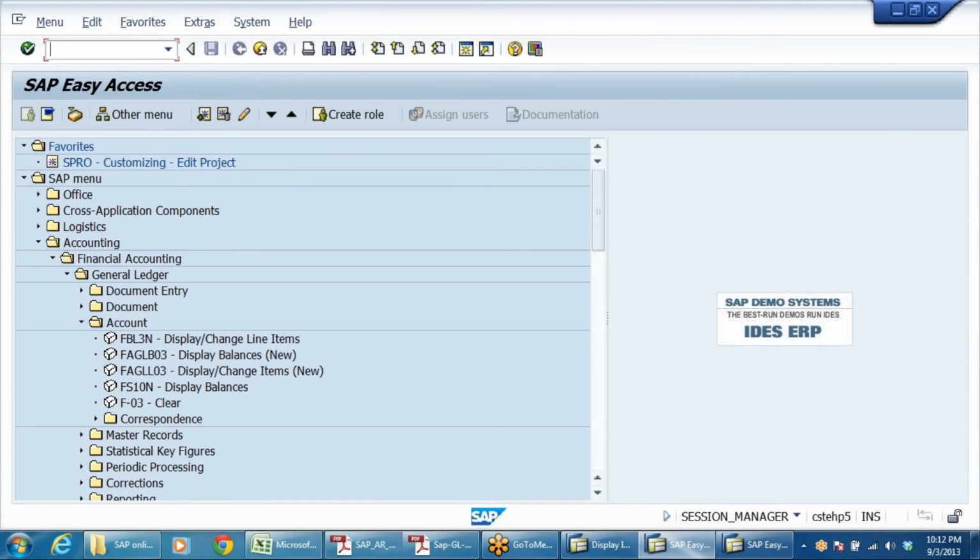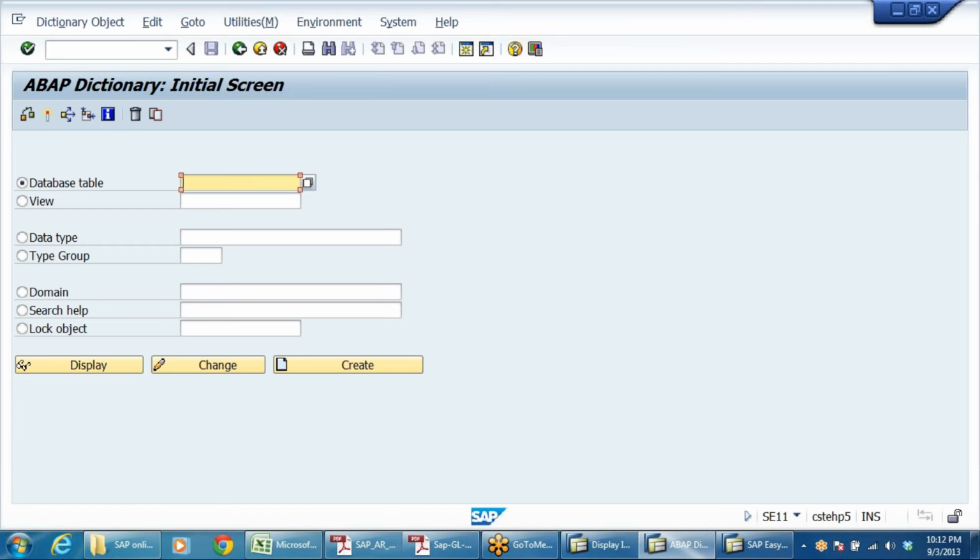Which one do we need? See here, to identify the table, there's a T-code called SE11. Go to SE11. Certain table names are there. Say for example, BSEG, financial accounting tables. We cannot change it. Click on display.